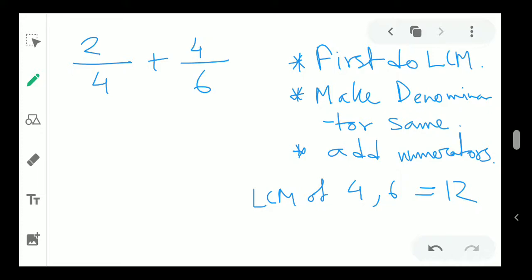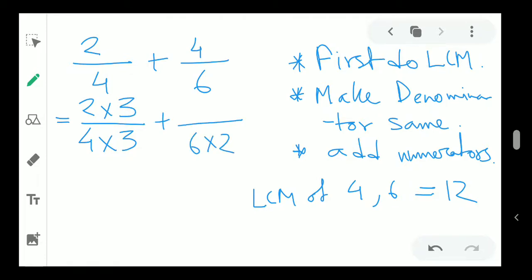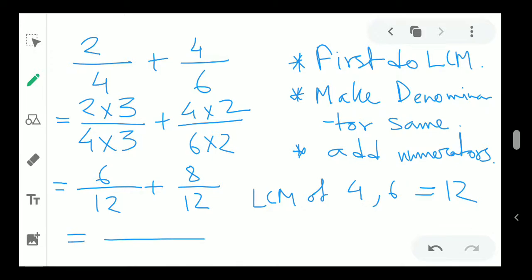So that means I have to make the downside, that is the denominator, equal to 12, but I have to keep the fraction the same. So that's why I have multiplied here by 3, and the same I will multiply 3 up. Down here I will multiply by 2 because I need 12, and the same I will multiply up. So you check that the same number is multiplied or not. That is a very important part. So this is 12, this is 6, and this is 8, and this is 12. And now you just keep the denominator the same, that is 12, but your 6 and 8 will be added up and you will get 14.